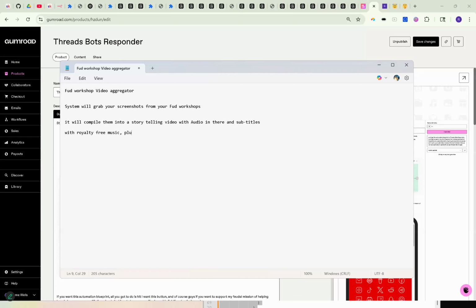This aggregator will do this automatically, plus it will automatically let everyone know about your workshops. So when you start spilling tea and doing workshops, this bot will automatically let everybody know about your workshops across multiple socials